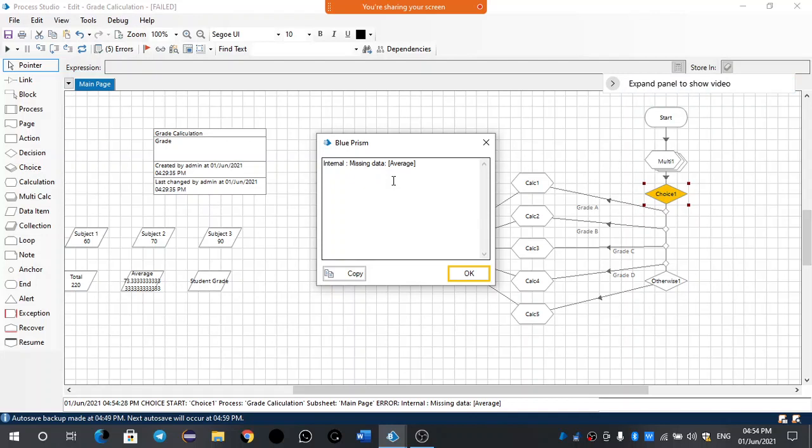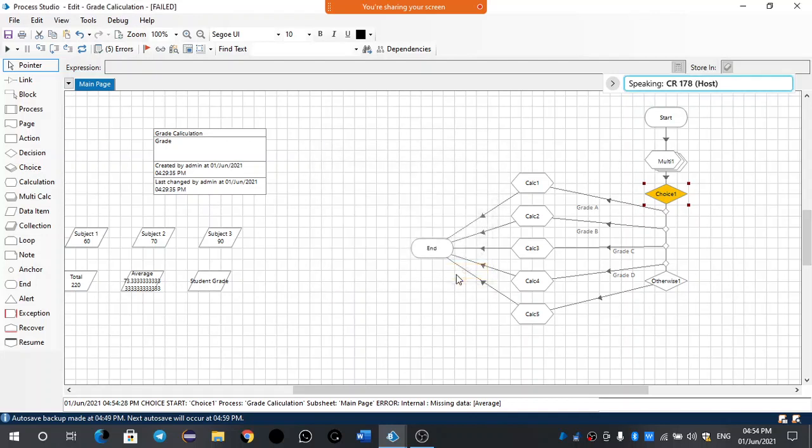Data missing. Data average is missing. Okay, then go to okay. See, you just correct the "and". Once erase average and once drag it. Yes, but there is no space needed for "and".